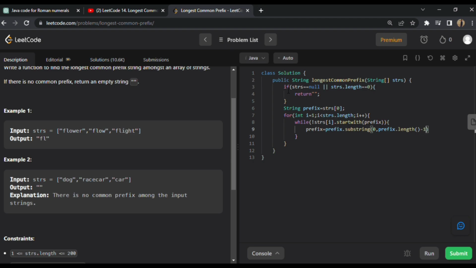In this line, if the word does not match the other element of the array, then we check the letters of the word against every element of the array. Starting with index 0 of the prefix, the first element of the array, we compare it to the second element, and if it is not the same, then we decrement by one